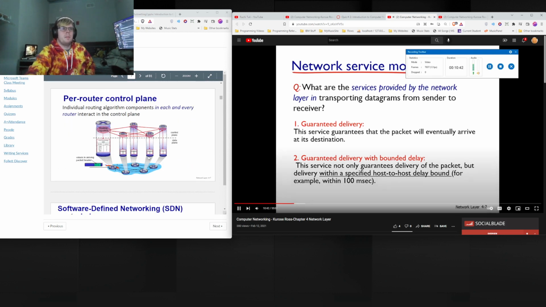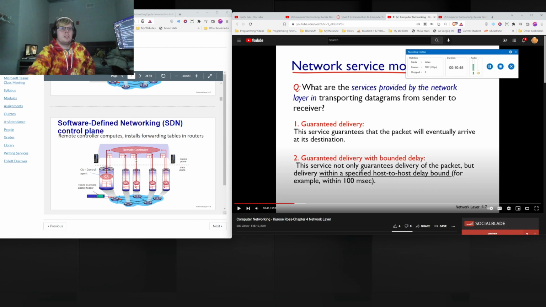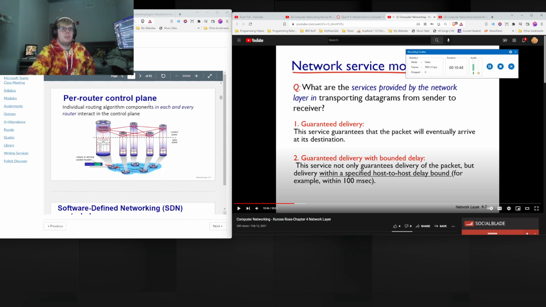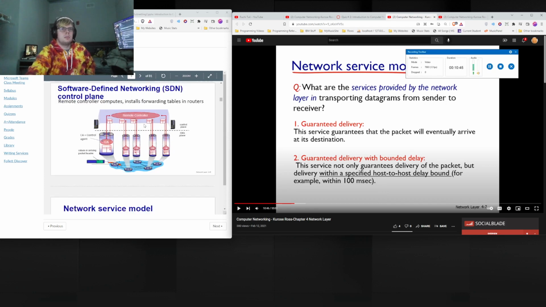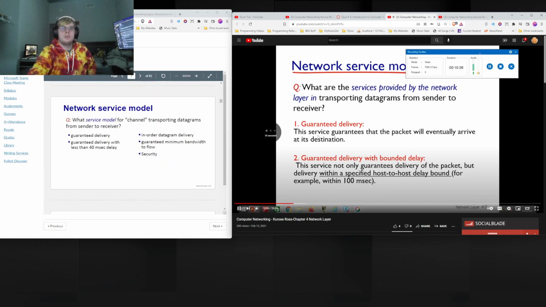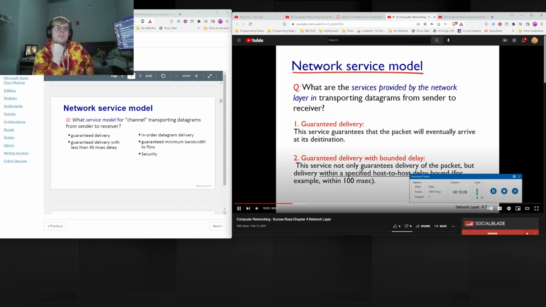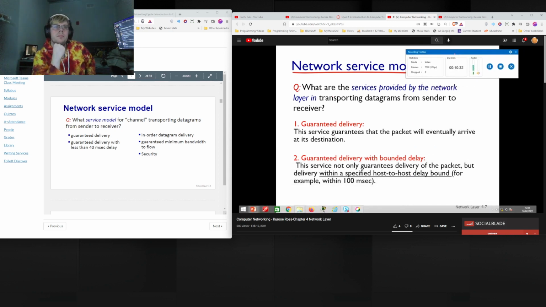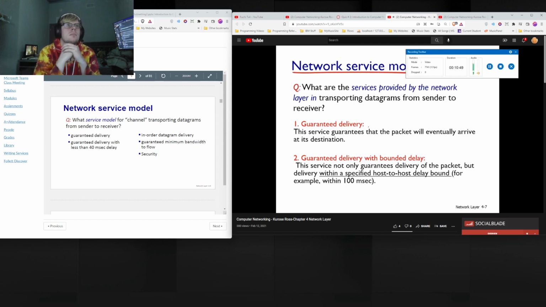The services provided by the network layer in transporting or sending datagrams from sender to receiver. So what are the services a network layer is providing? The first service that the network layer provides is guaranteed delivery. Guaranteed delivery is a service which makes sure that the packet will definitely arrive